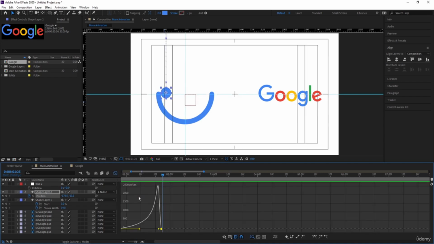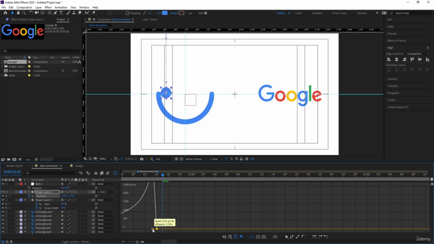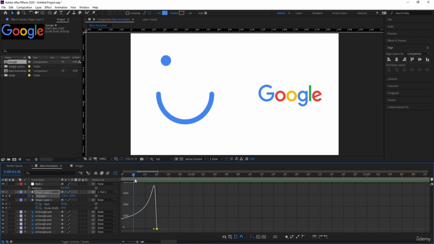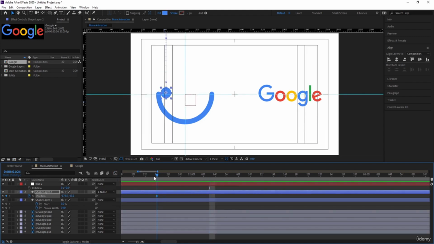Let's go to the graph editor again, zoom in a little bit, select this, and let's move this over here, and then select this rotation null